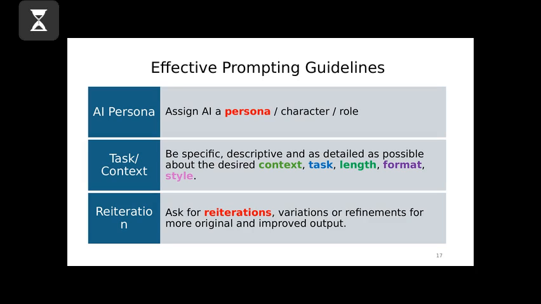And you can even tell it to make it better, you can tell it to slow down, pay attention. These sorts of prompts also will improve your output. So as you see here, there is a big difference between asking AI a question, or telling it to create a communication campaign plan, versus describing all the details or as many details as possible and asking for reiterations. And you can try this out yourself and see how the output will change from the first iteration to the second one.